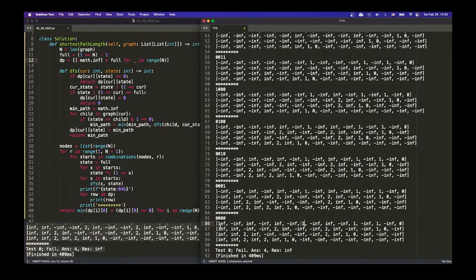This is the 0 state. So this just means if I start from 0, I don't find anything. I start from 0, I cannot go to all of them. So if I start from this, this is 0, 0, 0, and I can now visit all the nodes. And this is 1. If I have 1,